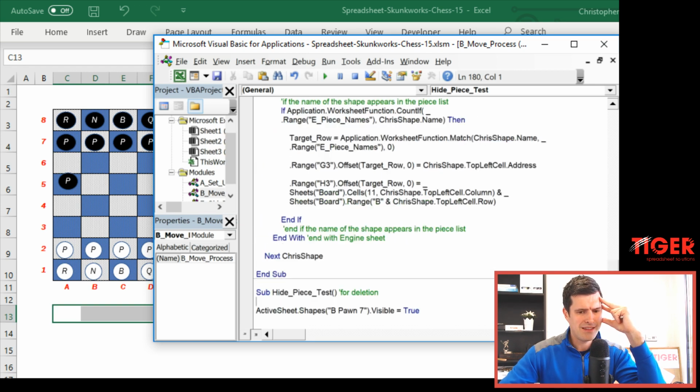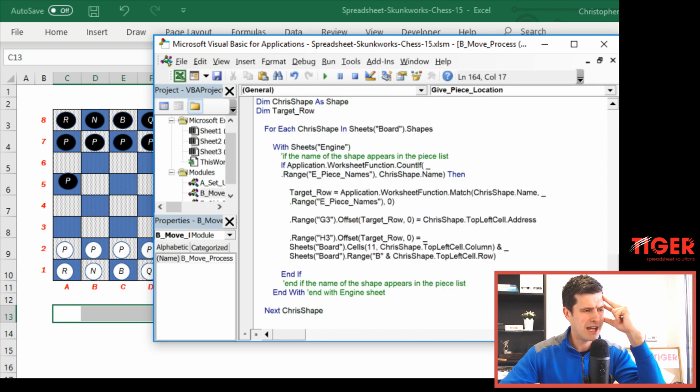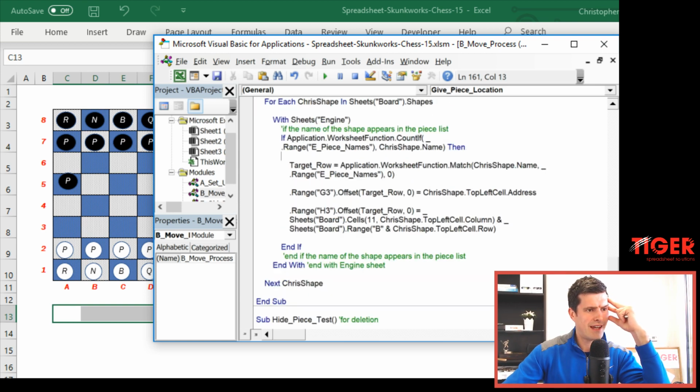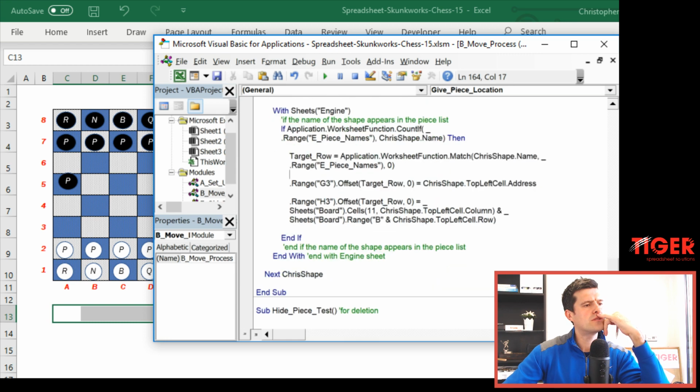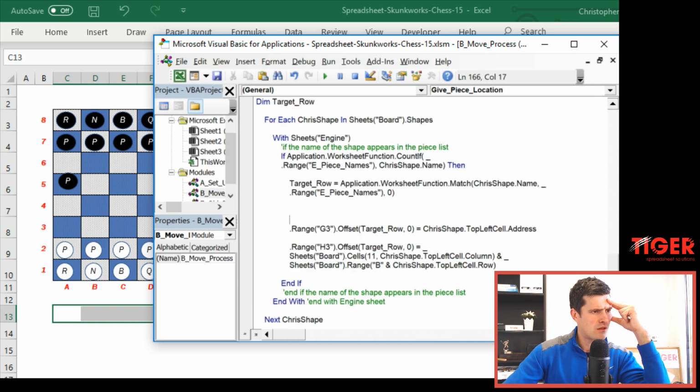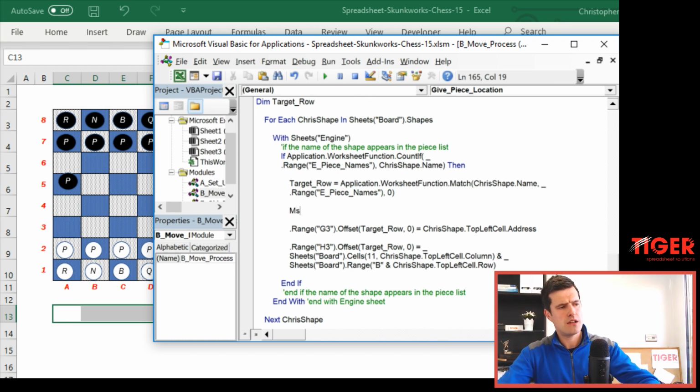So what we want to say in this routine, now this is the routine that's giving us the piece location, we want to say, if the name of the shape appears in the piece list. Okay, so we want to say, if the shape is invisible, then we want to put something else in. Okay, so how to do this? Right. First, I'm going to say